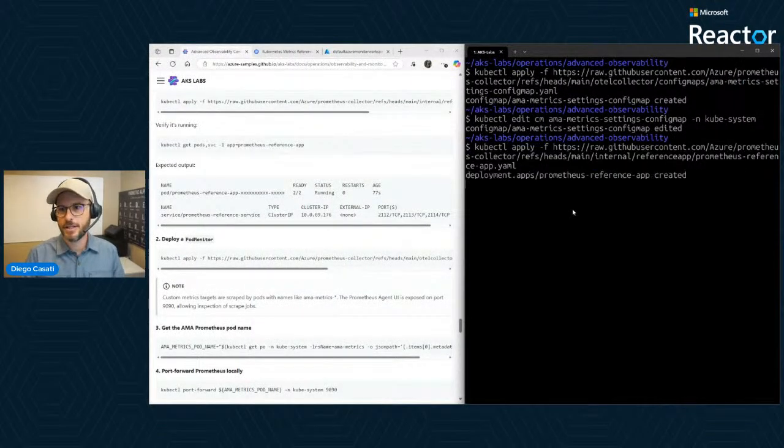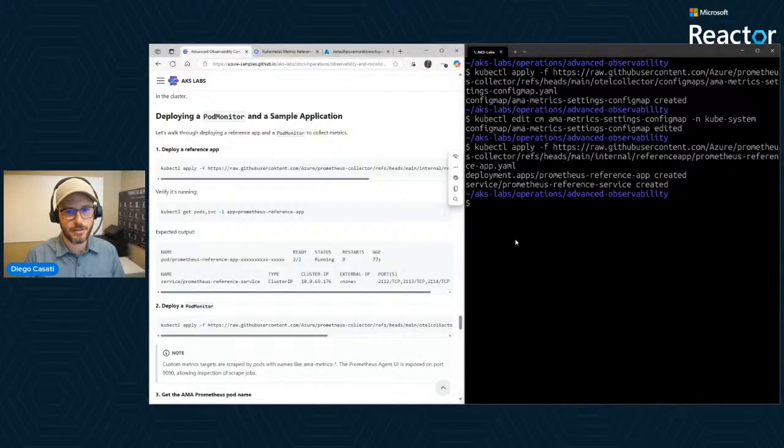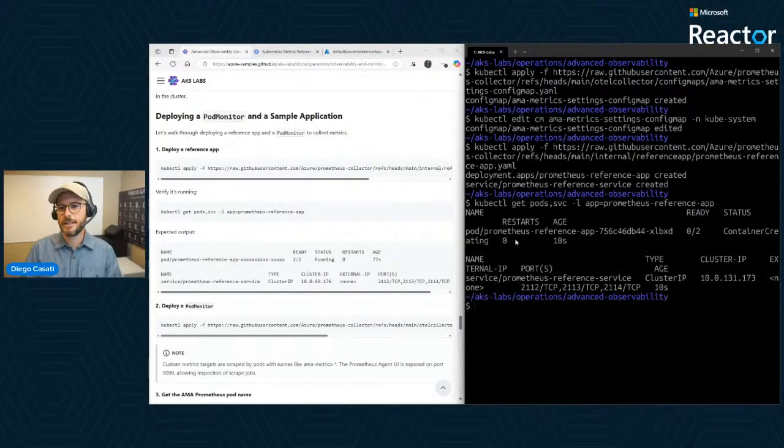And that app actually comes from us. You can see that it's in the Prometheus collector there. And what you get out of that, just want to make sure that we get the app information, is this new application that will generate some telemetry for us. So again, instead of going and looking at the classic things like CPU or memory or disk pressure, we're hitting a specific endpoint in the pod.